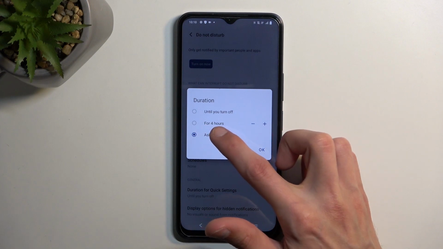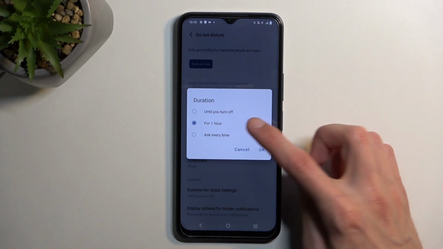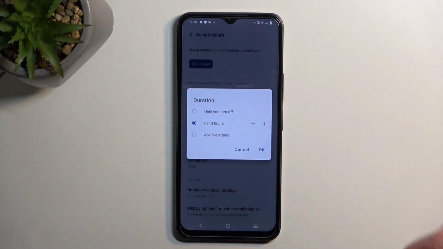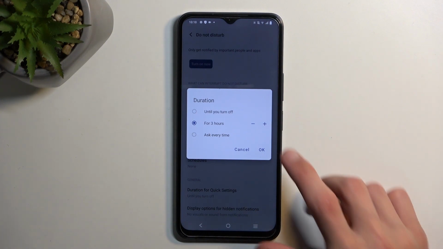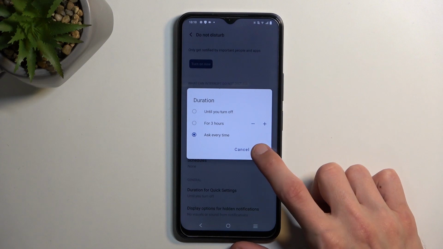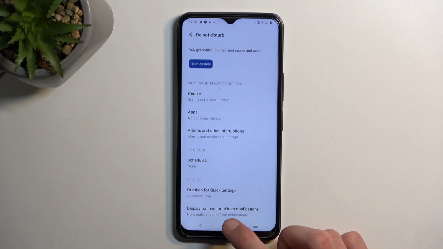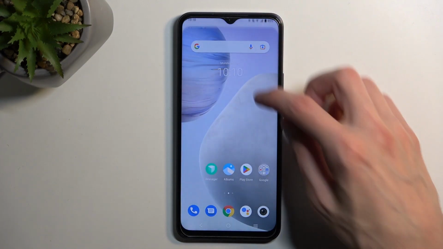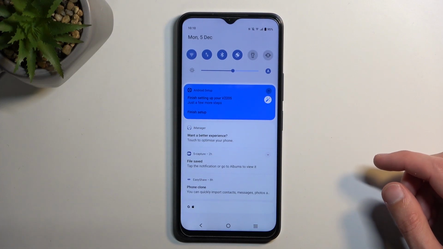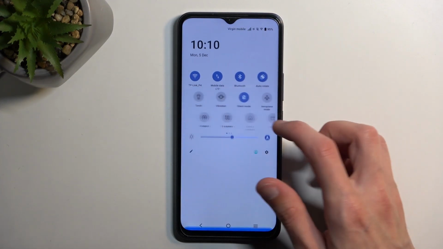So it will bring up the option right here and just start off with 1 hour, and you can just add plus if you want to, which will, like I said, allow you to customize it every single time. So anyway, I'm gonna select this for now. You can go to other settings and see what you want to change, but once you have done so,